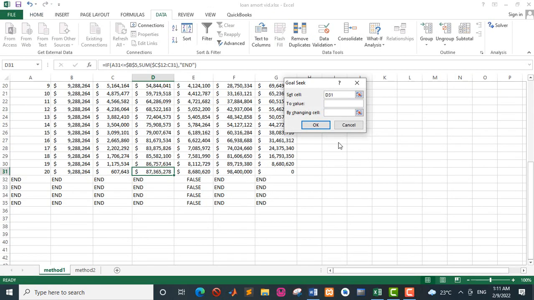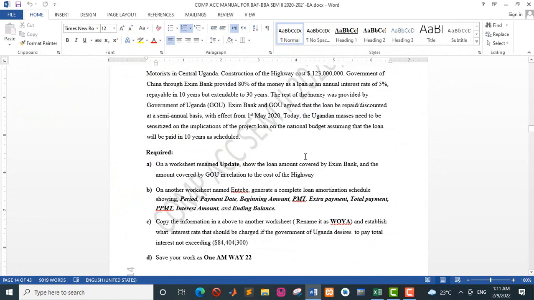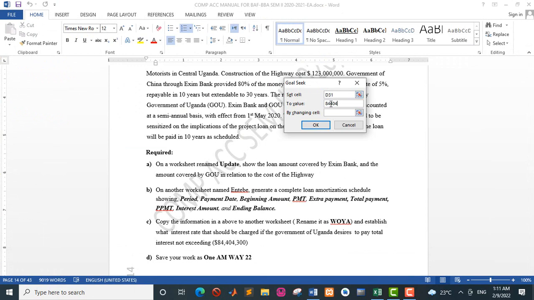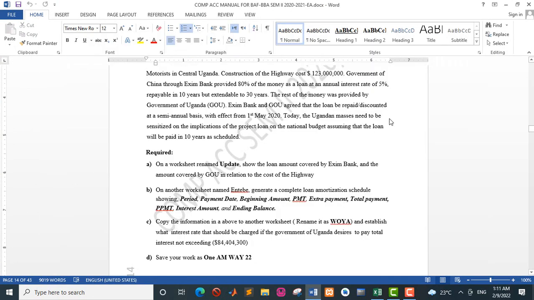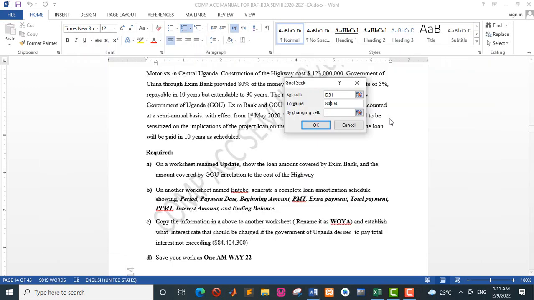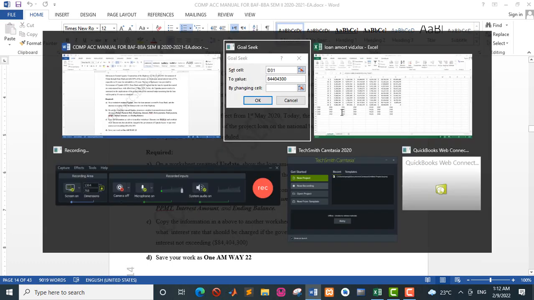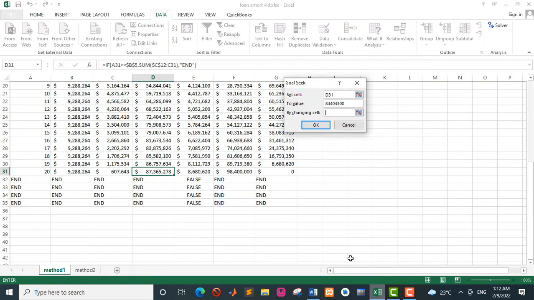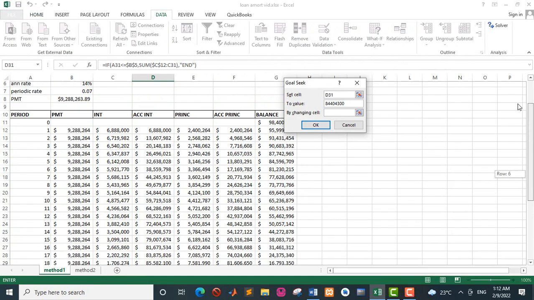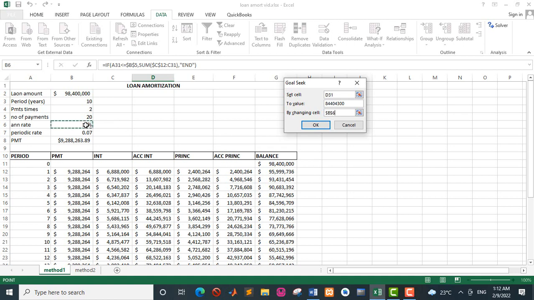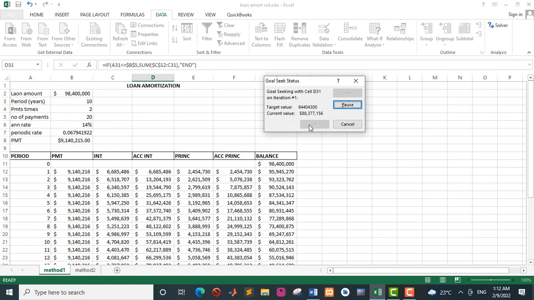Okay, so we are setting this cell to this value that you're seeing right here, that is 84404. So we are setting it to 84404. By changing, what do we want to change? We want to change the interest rate. Okay, so we shall click on the changing cell, which is the interest rate, then hit the OK button,